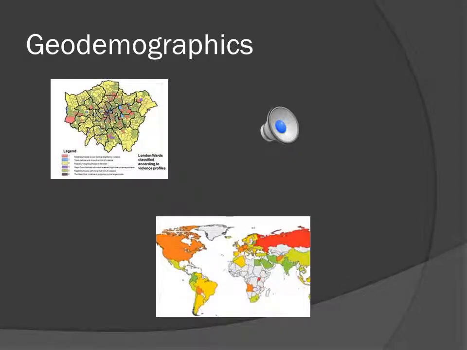Geodemographics is looking at specific populations of people and observing where they go and how they live within that set location. This would be secondary research from my media product, as some of the return rates can be low, as people often don't like to answer questions like these. However, if I were to carry out this primarily, I would use surveys and questionnaires in order to gain my answers.